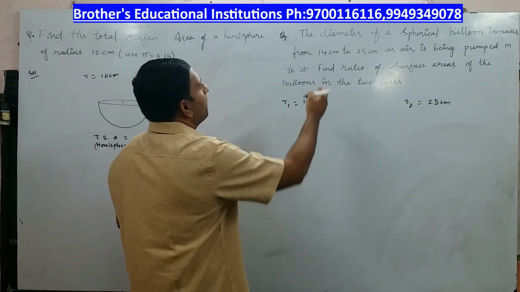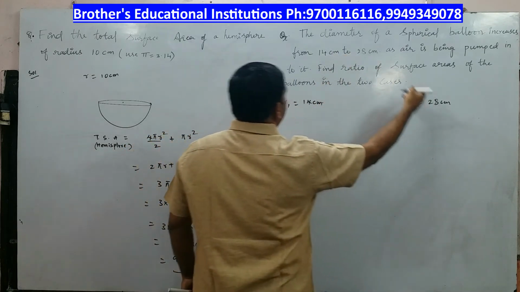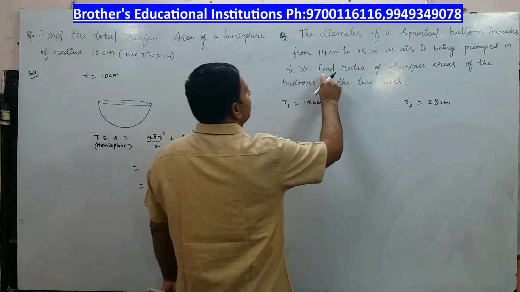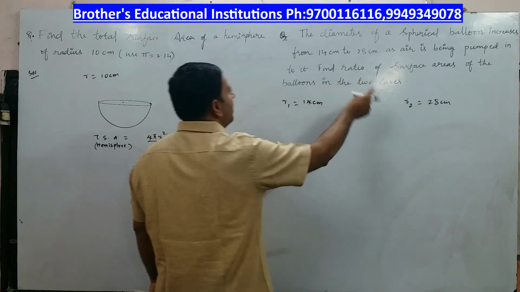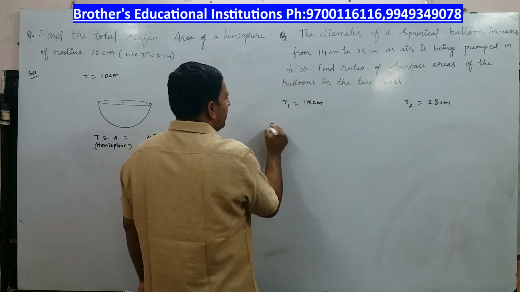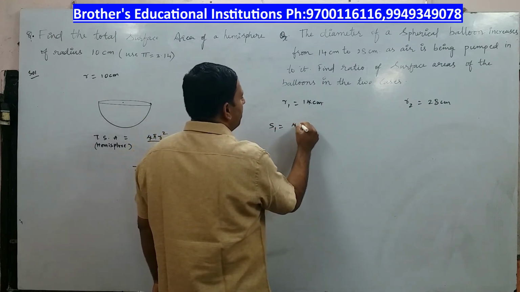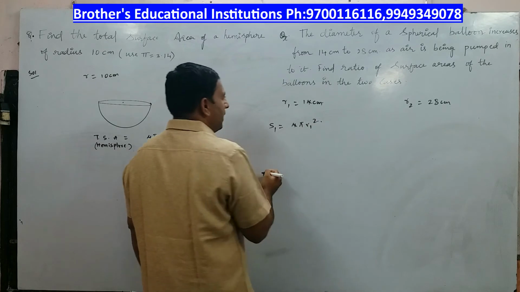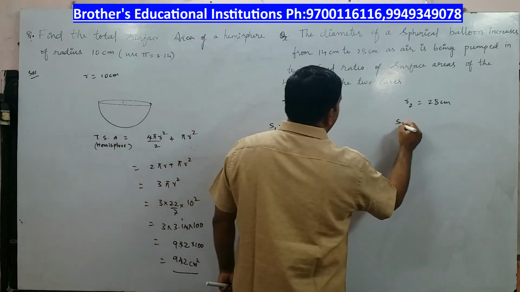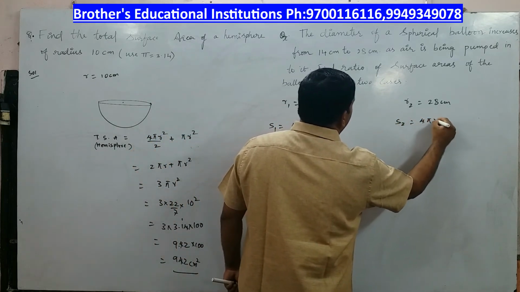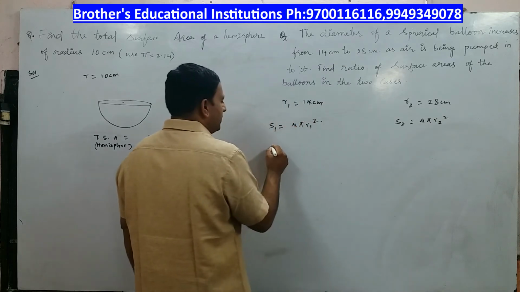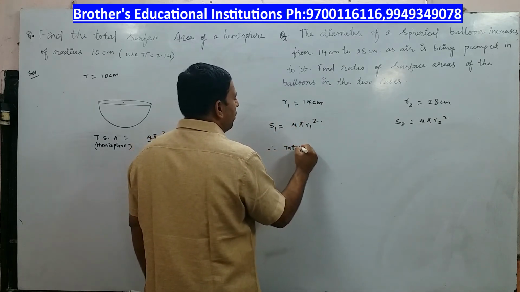So this is 14 centimeters and that is 28 centimeters, the size of a person. So find the ratio of the surface areas of the balloons in two cases. Now here, let me call the surface area S1, 4 pi r1 square, right? And here, surface area I call S2, 4 pi r2 square. So I'll say therefore, ratio of